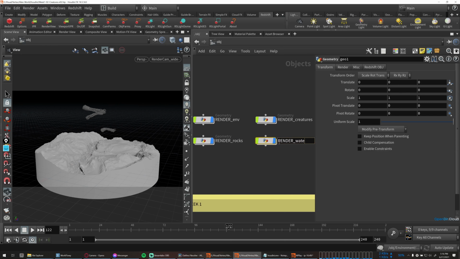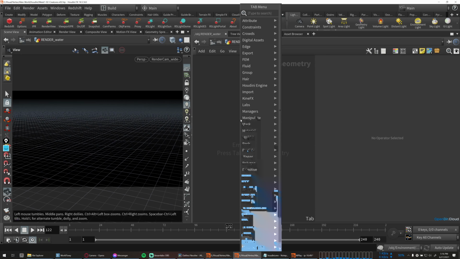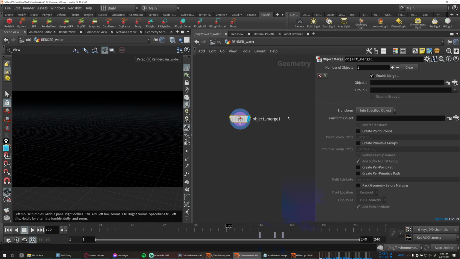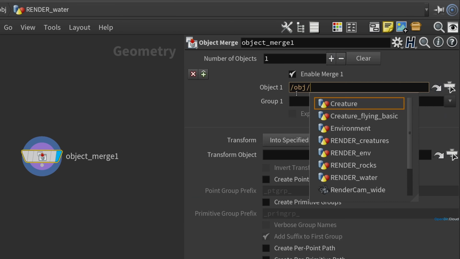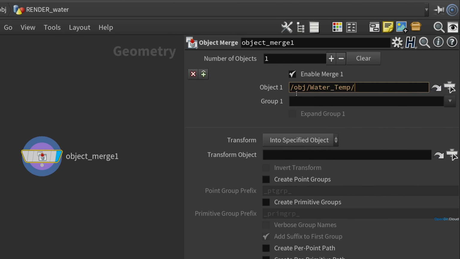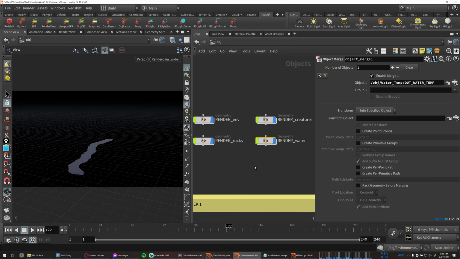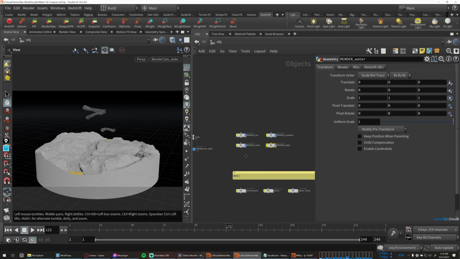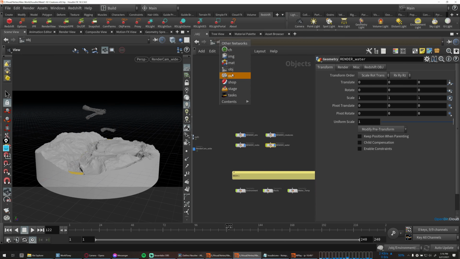Call this render_water, and we'll dive inside here. Once again, object merge, and point this to object/waterTemp/outWaterTemp. Okay, cool. So we have all of these render objects set up, and let's go to the out context